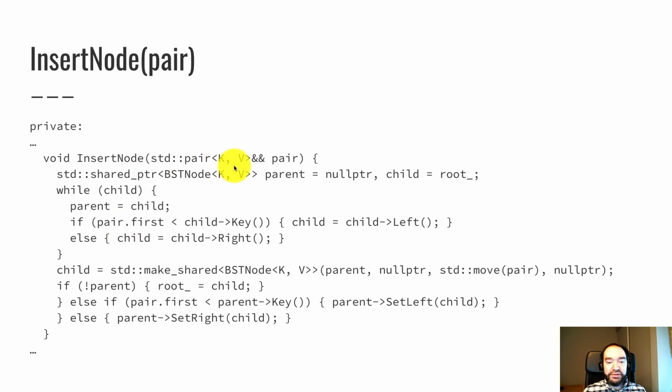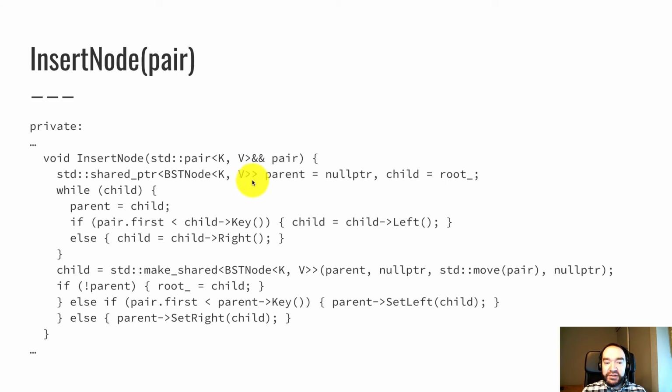And this has one responsibility, which is to find where the new node should go, put the new node there, update pointers. That's all. It doesn't deal with updating size or returning true or false. That's the job of the insert function. So we've got the loop here that decides where the node should go. You'll have to excuse some unconventional white space formatting here. I did that so that this would all fit on one slide.